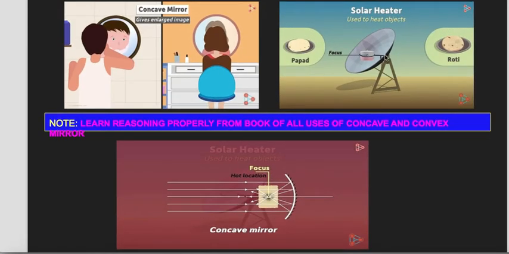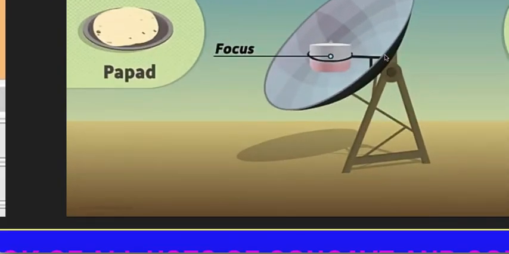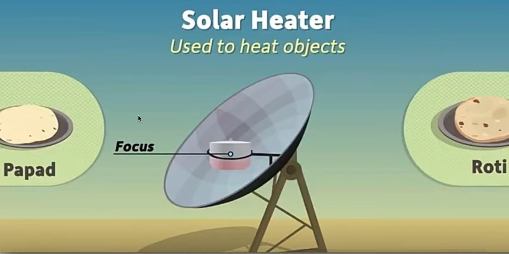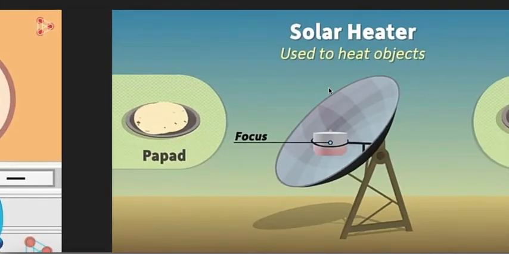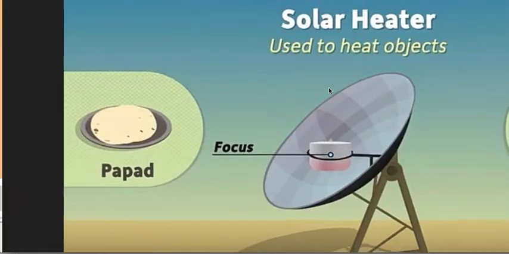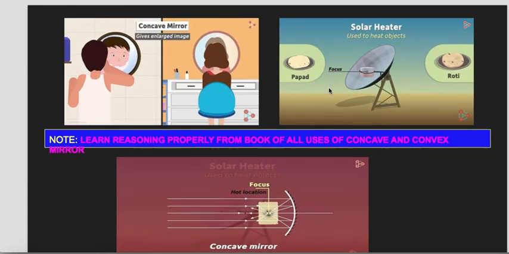Now this is the actual application. This is what we do in a solar cooker too, students. See, with the help of it we can make chapati or papad or something. There is the utensil, at the focus point of this concave mirror the utensil or the vessel is kept, and all the sun rays when they come parallel they converge at a particular point focus, and the food easily gets cooked with greater amount of heat. So used to heat objects, the solar heater is there, and the solar heater is very very important, which is actually the application of a concave mirror.